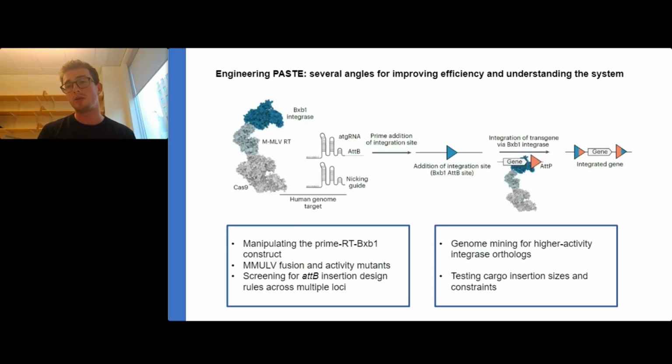So in the course of generating this PASTE system, we underwent several rounds of engineering. And really, when you have a system that is a little bit more complicated to the degree that PASTE is, you have a lot of different angles of approach for engineering. Since, in effect, PASTE is a two-step process that requires both a prime editing event and an integration event,